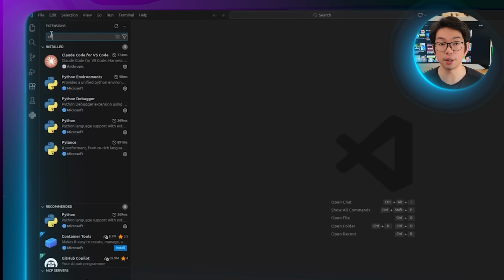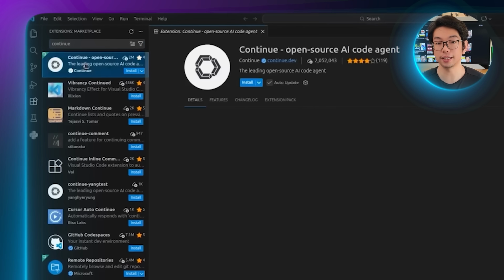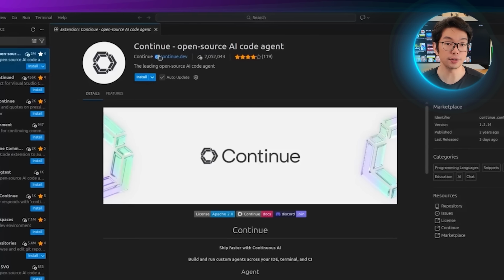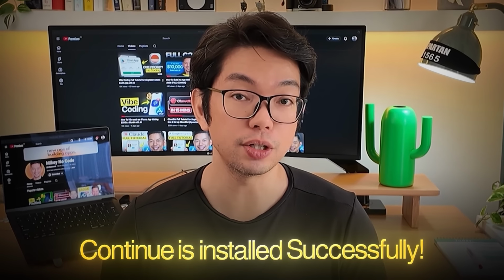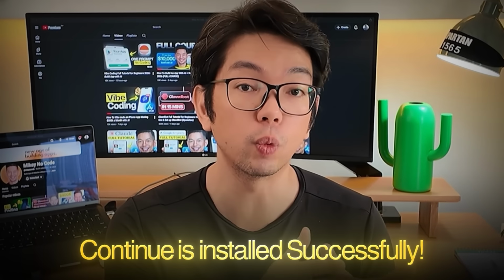Make sure you pick the one published by Continue, then install it like any other extension. And once that's installed, we're ready to move on to the configuration step and connect it to the local model we just set up. So now that Continue is installed, we just need to point it to the model that we're already running locally. And this part is pretty quick, and once it's done, everything just starts to feel a